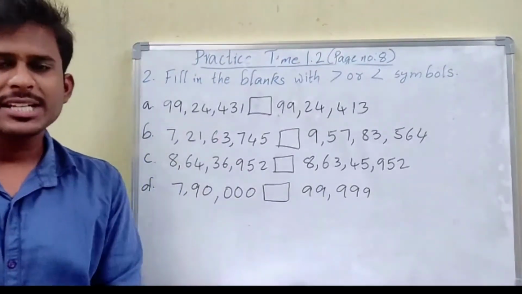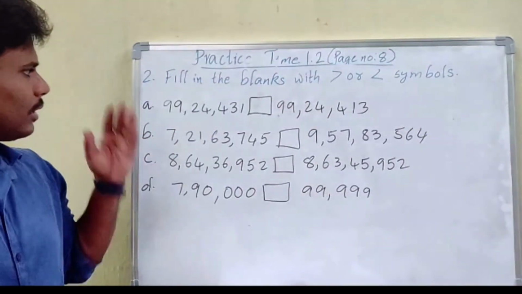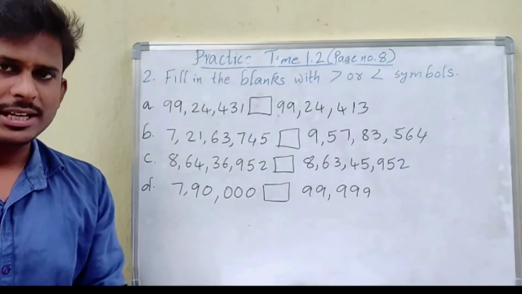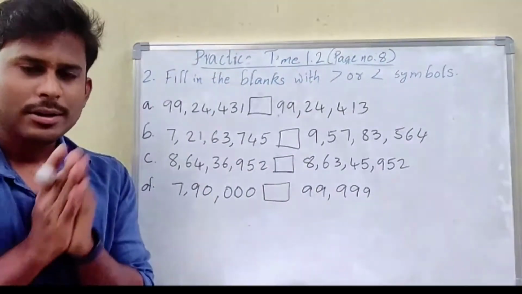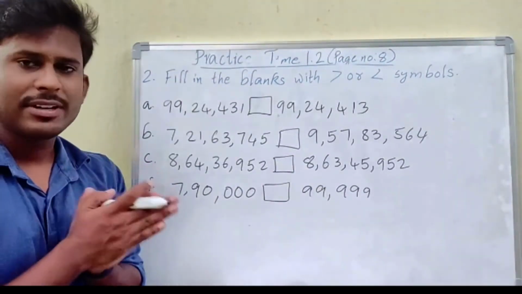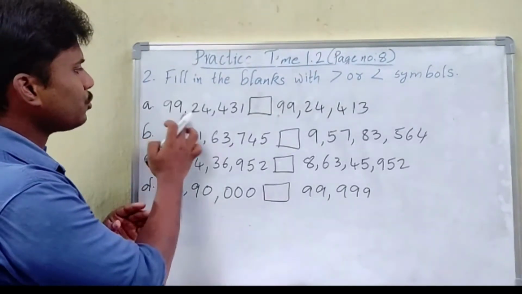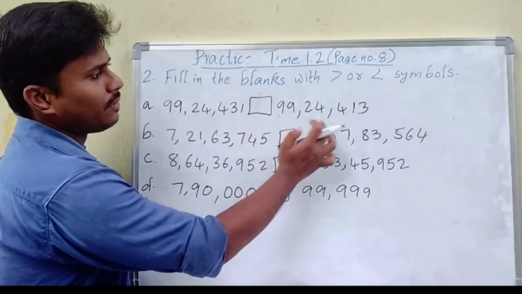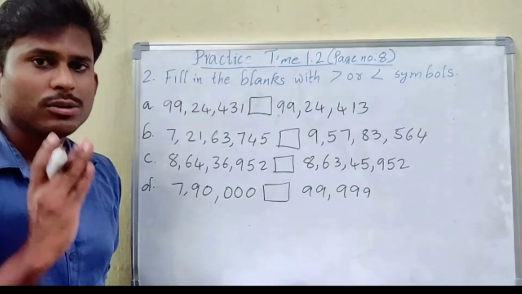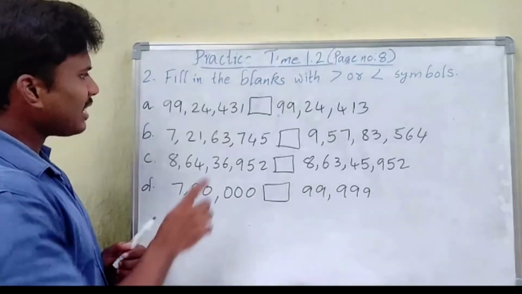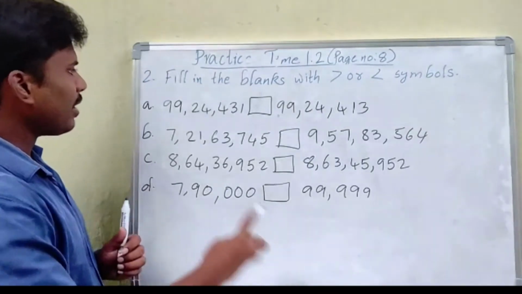Second bit, fill in the blanks with greater than or less than symbols. Okay, here some questions are given. Now basing on the rules we have discussed earlier, let us write less than symbol or greater than symbol. So we have gone through some rules, right? First we have to check whether both numbers have same digits or not. Okay, see number of digits 1, 2, 3, 4, 5, 6, 7. 1, 2, 3, 4, 5, 6, 7. Both having 7 digits. When both having 7 digits, what we have to look up for? We have to look up for the highest place. What is the highest place here? Ones period, thousands period, lakhs period. In lakhs period we have lakhs, 10 lakhs.